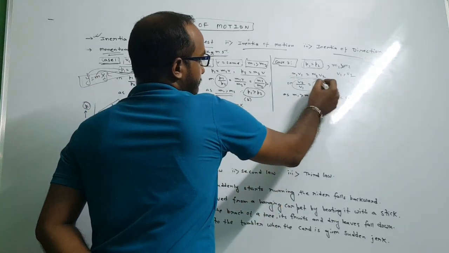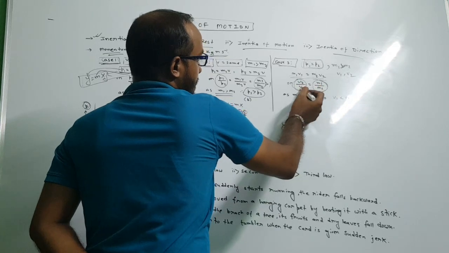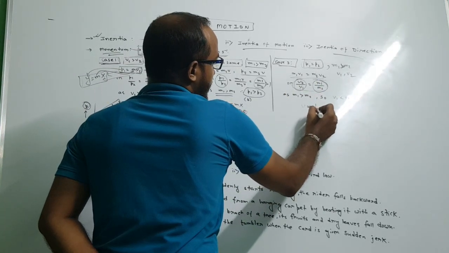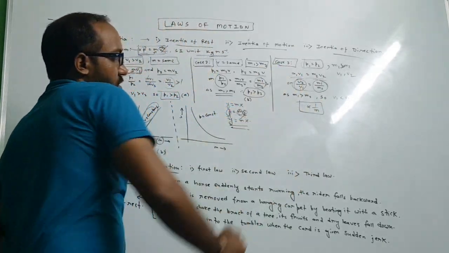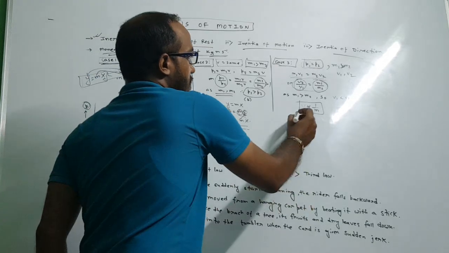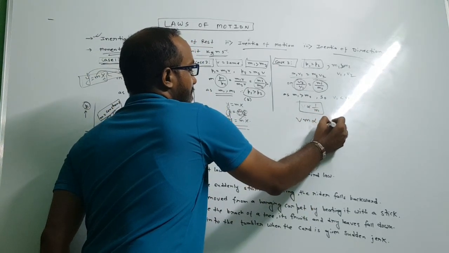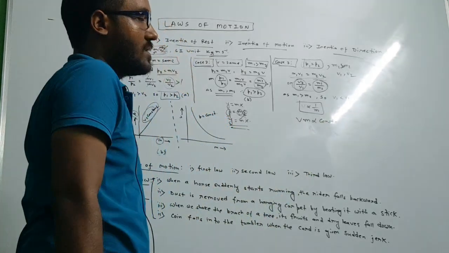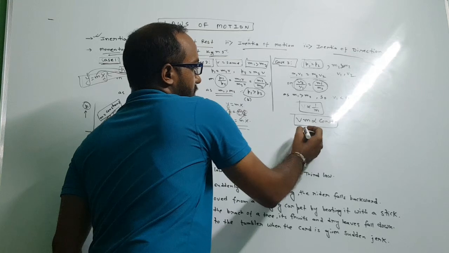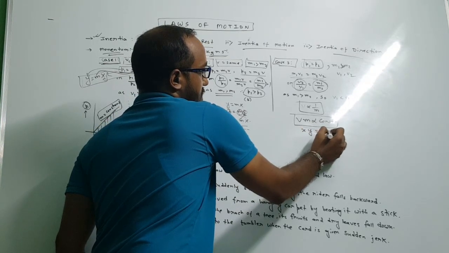If m1 is greater than m2, then we can say V2 is greater than V1. That means from this equation we can say velocity is inversely proportional to mass. So from this we can say velocity into mass is constant. And if we equate this with xy equals constant,